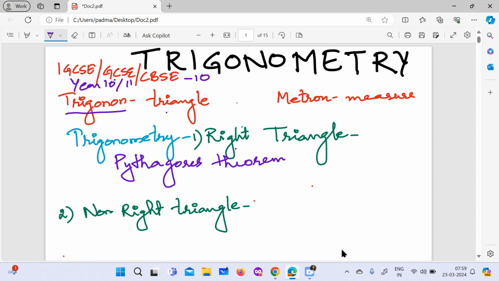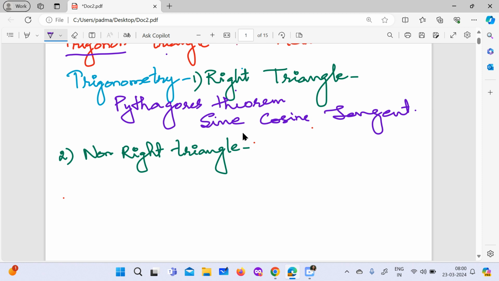And then when we deal with the right triangle, we also deal with the basic trigonometric ratios, that is sine, cosine, and tangent. So there are six ratios, but we will discuss the three basic ratios, that is sine, cosine, and tangent. Okay, and when we talk about the non-right triangles in trigonometry, then we have the sine rule,